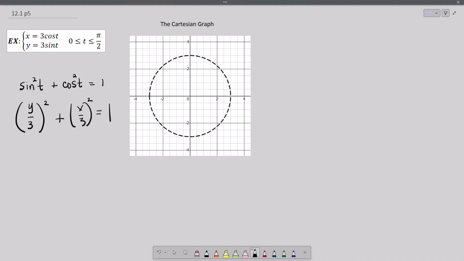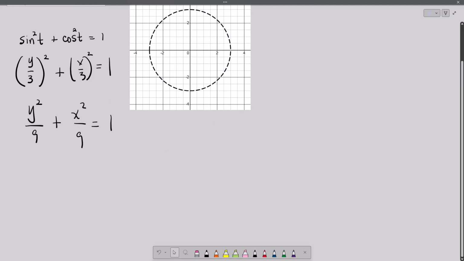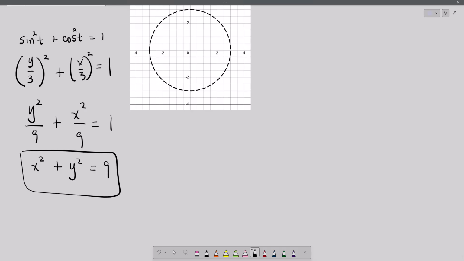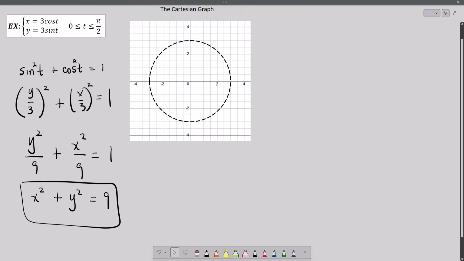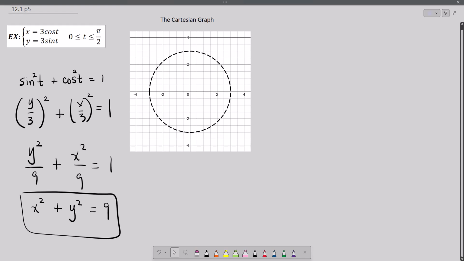And then when we square this, we're going to see that we get a circle of radius 3. We're going to get y squared over 9 plus x squared over 9 equals 1. And if we rearrange it just because we like alphabetical order, this is our Cartesian equation. So circle of radius 3. What we're going to see, and you probably can extrapolate at this point, what kind of circle would we get if these were both 5s? Circle of radius